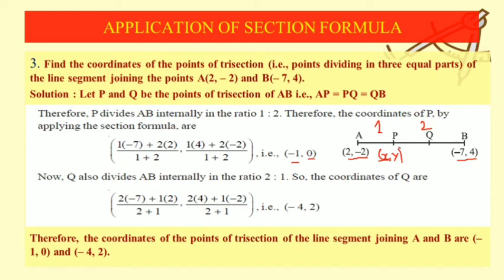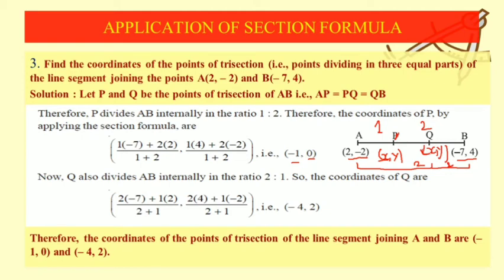Now suppose we have to find the coordinate for Q. This is our x comma y. Now forget this P. So now our line is AB and the point is Q. Now if you look for the ratio, from A to Q we have two parts of the line, so this is two parts in terms of ratio, and from Q to B we have only one part of the ratio. So it means the ratio for point Q will be 2:1.